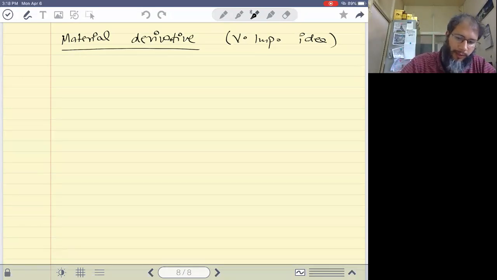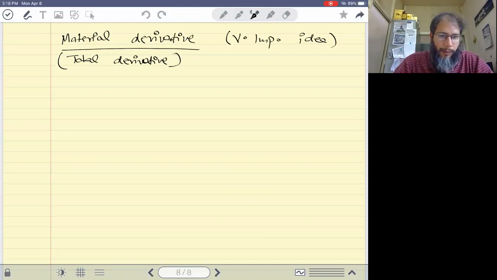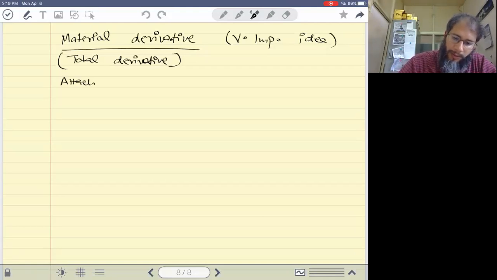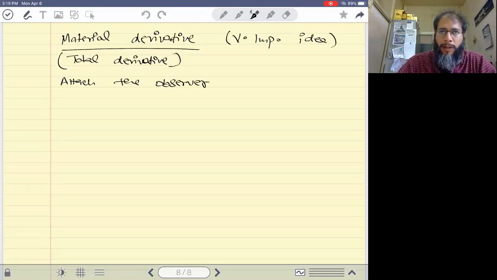So we also call material derivative a total derivative. If you have to understand it in one sentence, what this means is it's the time rate of change of any property if you measure that property sitting on some particle. So you attach the observer, because remember there's an observer that's making some measurement using a probe. You attach the observer to a particle